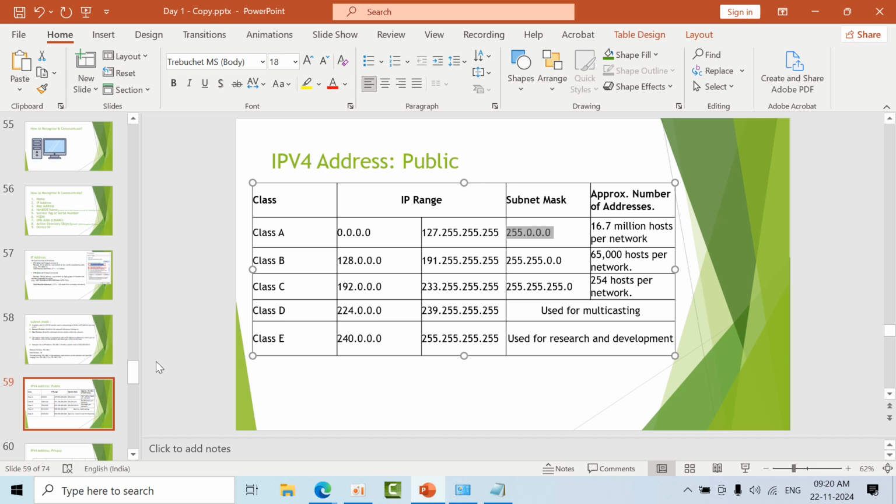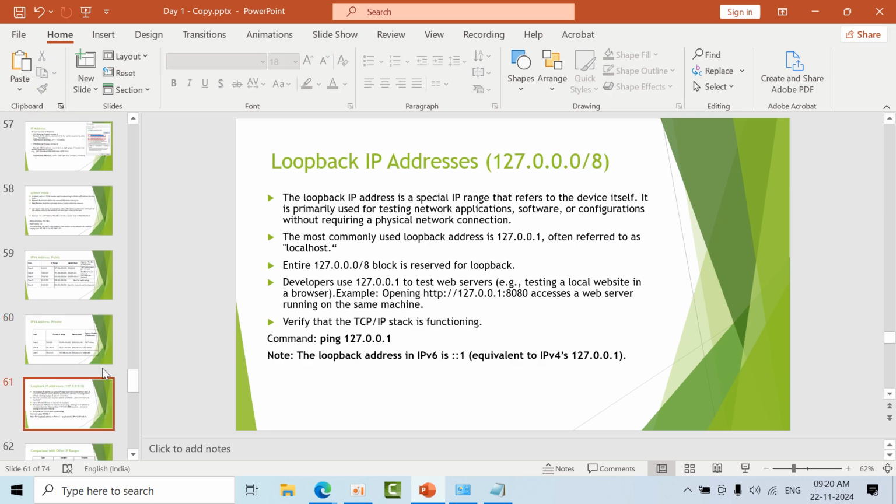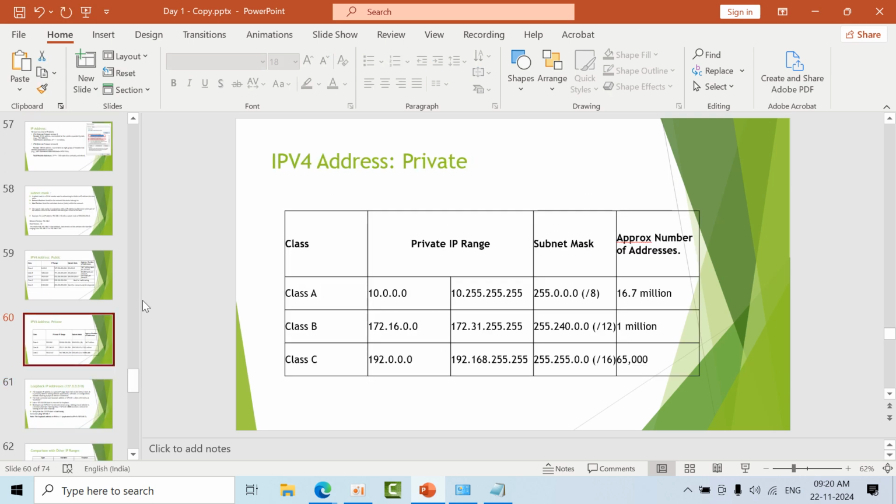So for those, we require so many IPs. For humans only, we don't have enough IPs. Where should we bring all of these IPs from? So now what have they done? Instead of keeping all addresses public, let's keep some IPs reserved as private IP addresses in class A, class B, and class C. What are those?